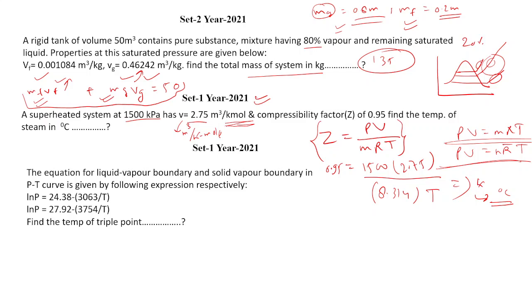सर मतलब वो मेरा मतलब वो बन गया ना पैटर्न की V को बाय केजी में ले लेता हूँ, मीटर क्यूब बाय केजी, तो उस तरीके से सोच रहा था। No, so in that case, they have to give the value of M, R also, and whatever problem they have given, that way you have to go.